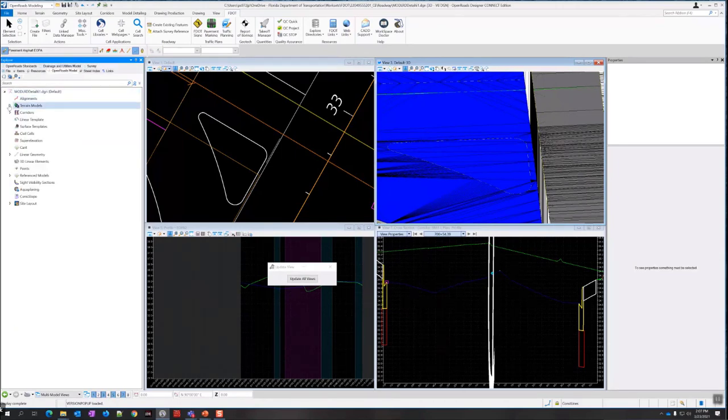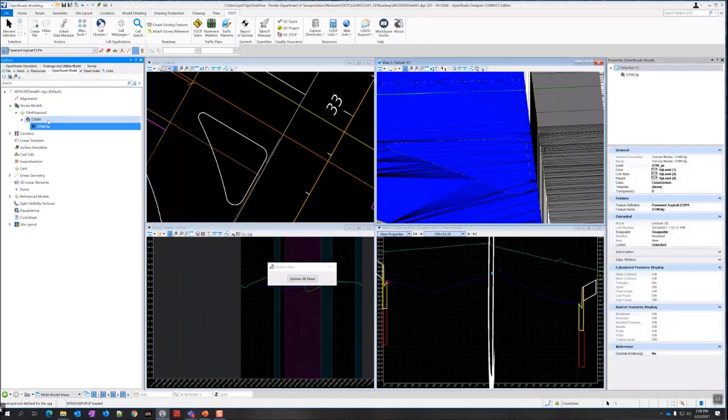If I look under the terrain models here, it's DTM PR, and DTM clip is a reference of that. So it's in there. I'm not going to worry too much about whether you can turn it on or off. It's clipped, it's there, and you can tell by the triangles which one you're working with.